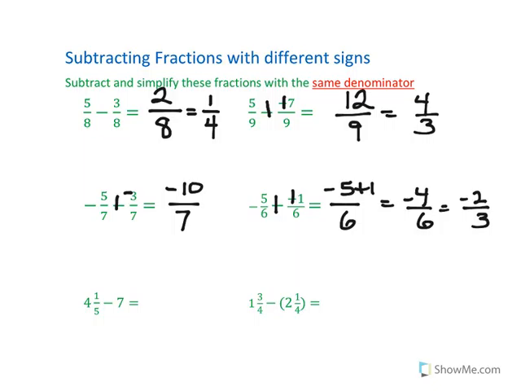Remember in the video on equivalent fractions, if you have 7/1, that's the same thing as 35/5, because I'm going to multiply this fraction by 5/5. And 7 times 5 is 35. So I really have changed 4 1/5 to an improper fraction, as we've been doing. So we have 21/5 minus 35/5, and that's going to equal